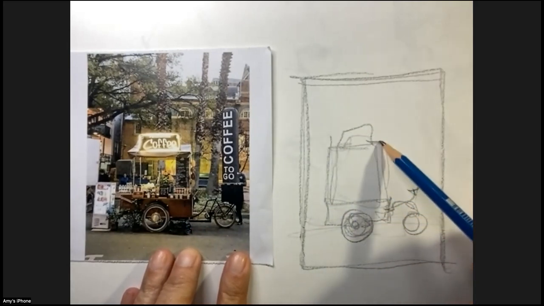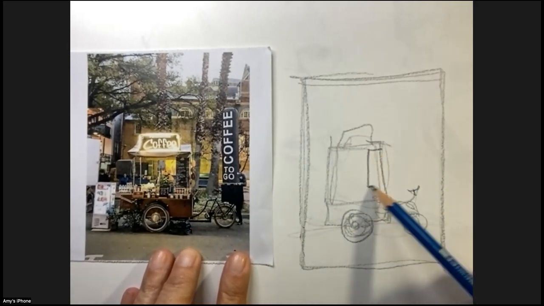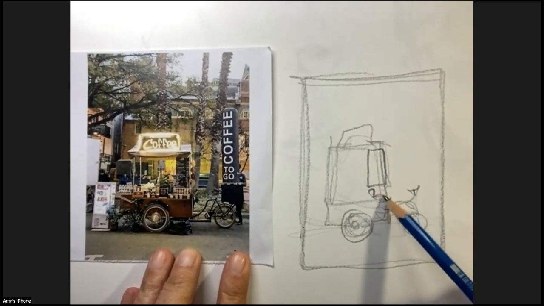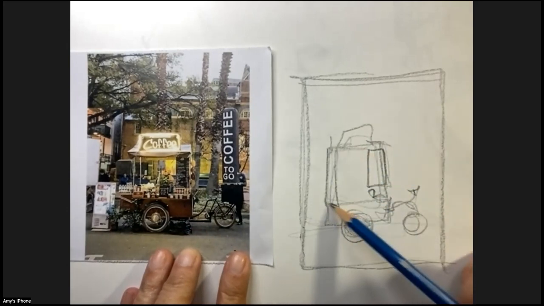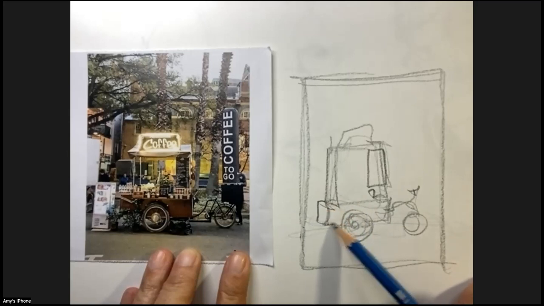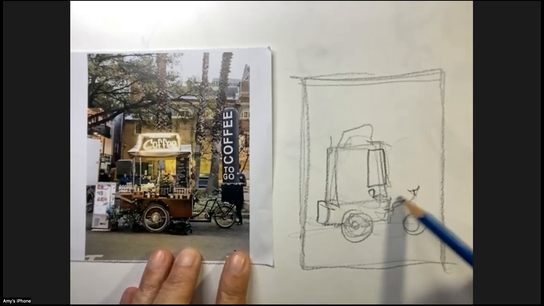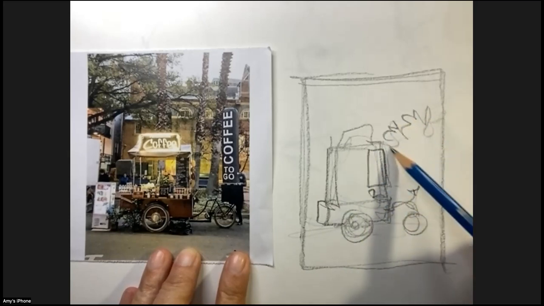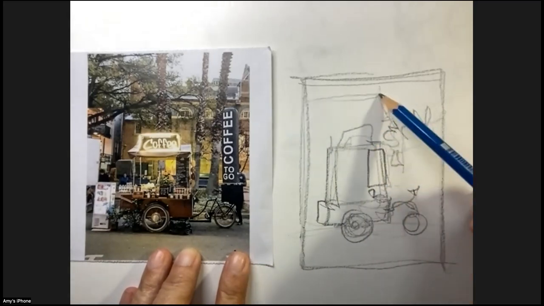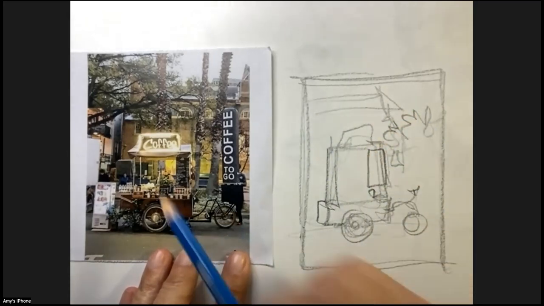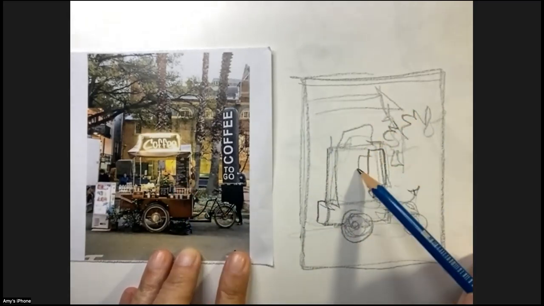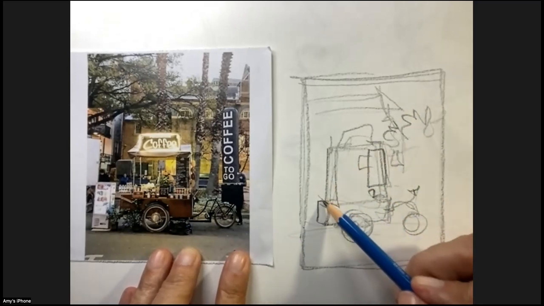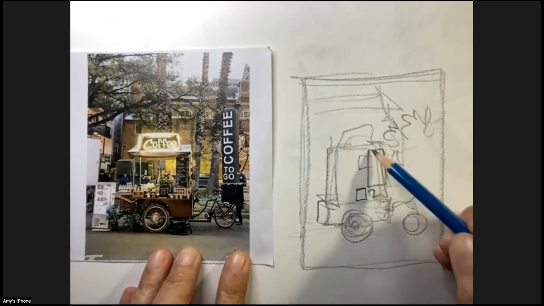There's the coffee sign, not being super careful about scale. And then I think here's my poles, which are going to be light. And maybe I need something over here. Maybe I'm just going to add a tree. And there's a building back here, which I may or may not include, but I like this little yellow light. And then check this out. I have a little signage. Here's a sign